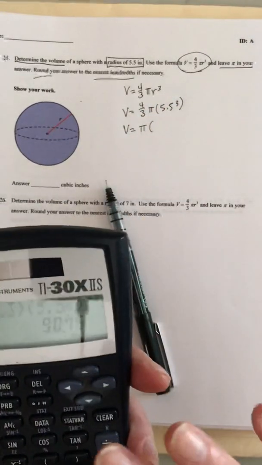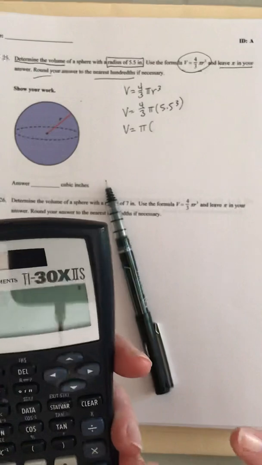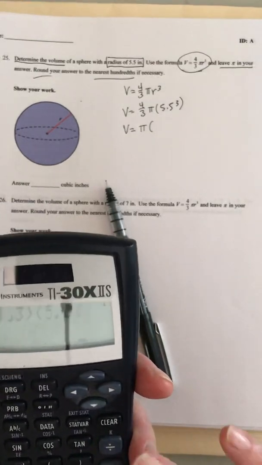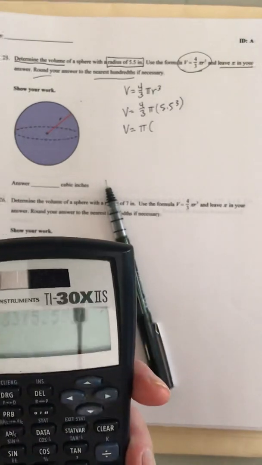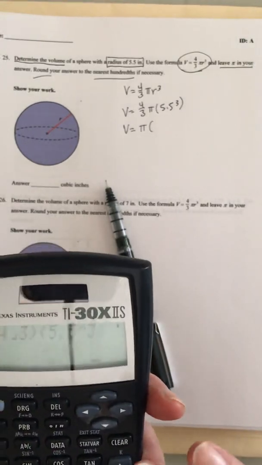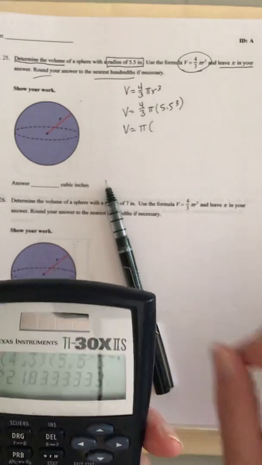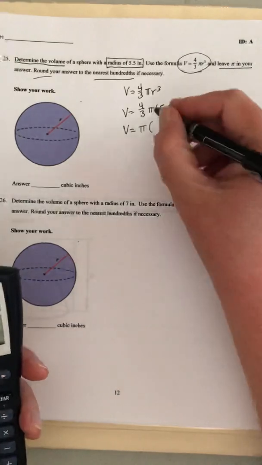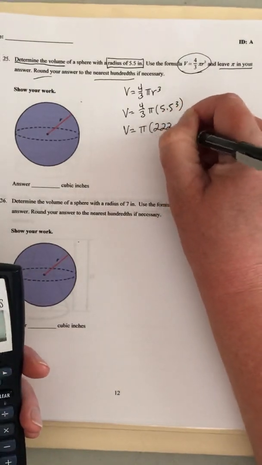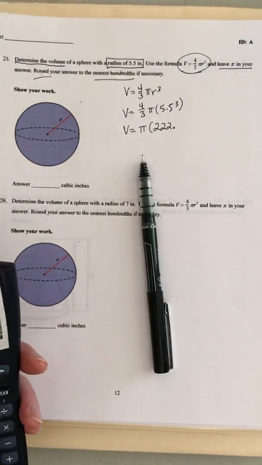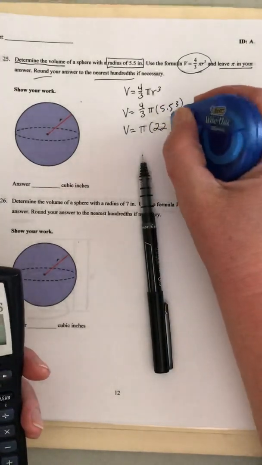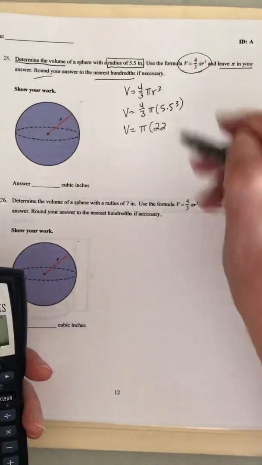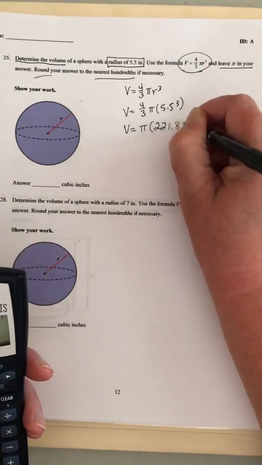All right, so I've got parenthesis 4 ABC 3 close parenthesis open parenthesis. Remember that means times. Okay, caret 3. 5.5 caret 3 because we're cubing it. And I get 221.83 repeating. 221, not 22. Don't copy that. 221.83